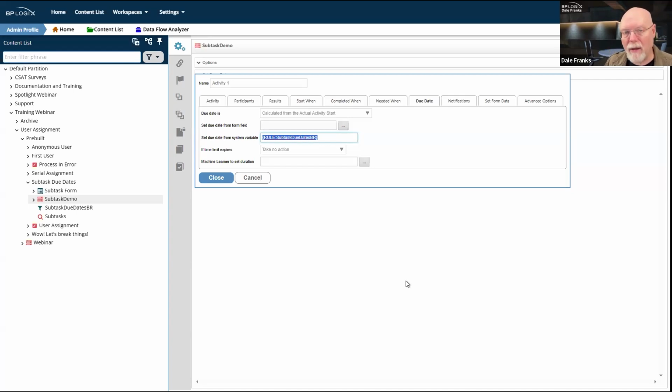So as my 3 different people are working on their particular activity, in the context of their identity, the subtask due date is always going to be different. And so we can assign those subtasks, and using a business rule, the way I've got it set up, we can run those subtasks through the due date tab via that business rule, and I can just assign different due dates.